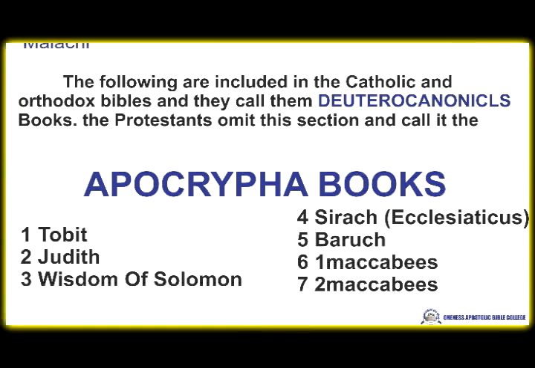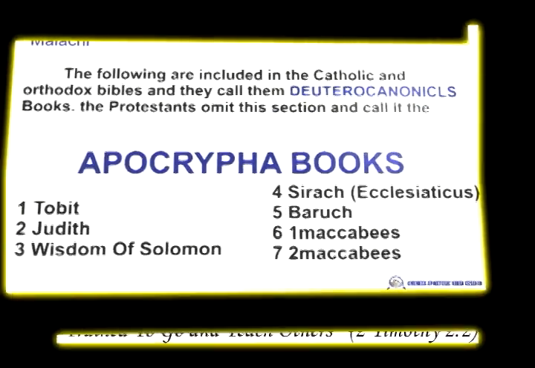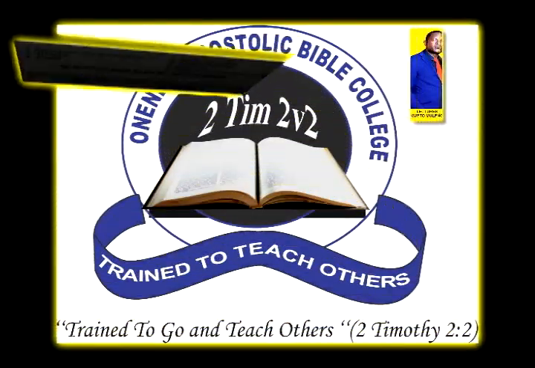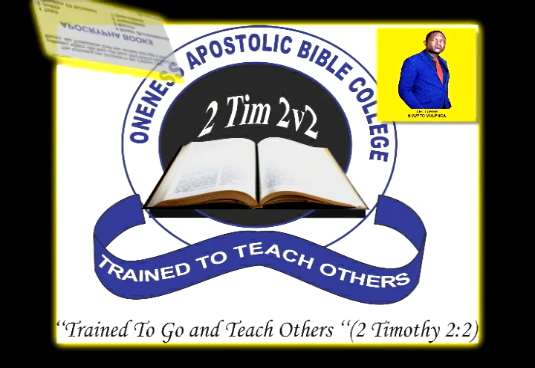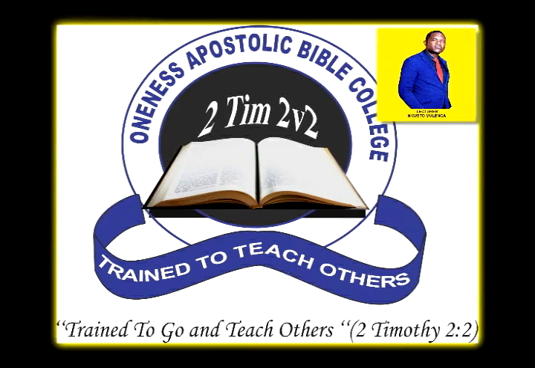The first one is Tobit, the second one is Judith, the third one is Wisdom of Solomon, the other one is Sirach or Ecclesiasticus, the other one is Baruch, the other one is First Maccabees, and the Second Maccabees. So the historical ones we have listed on top there, but among the wisdom books we have this one which is called Wisdom of Solomon. I think this is where we are now. So part 2 is the New Testament,